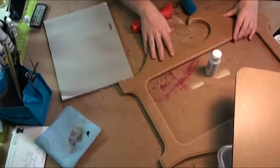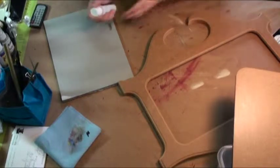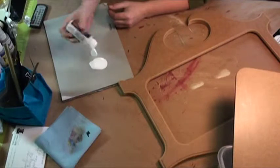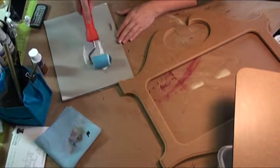Alright, I am getting ready to prep this signboard, and I'm going to use my multi-purpose sealer. Because my signboard might go out by my front door, I want to make sure that I seal all the sides of it. Okay, so I'm going to use a roller, and the reason I'm using a roller is